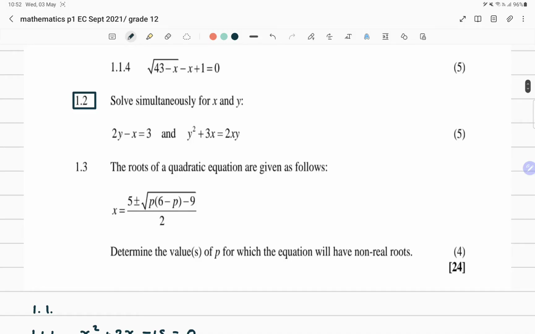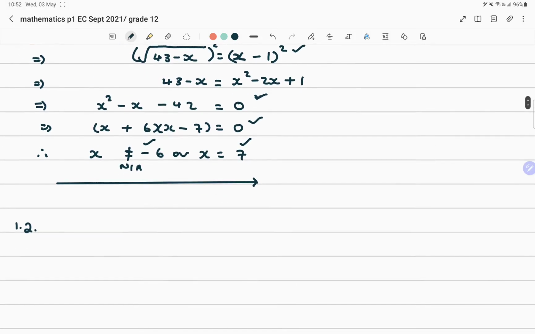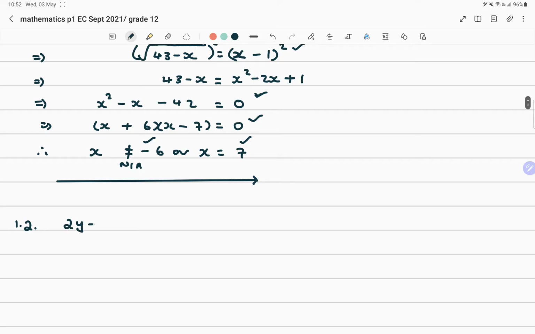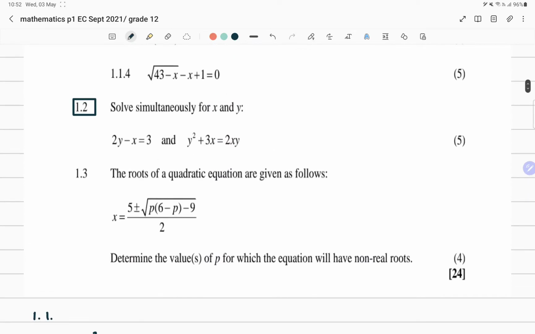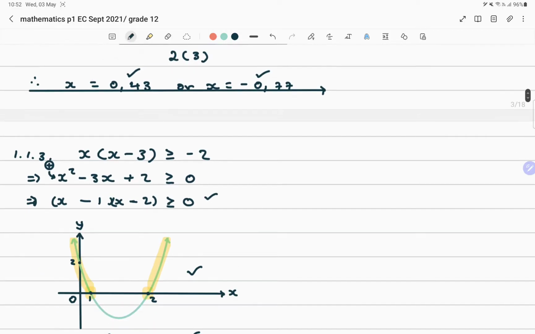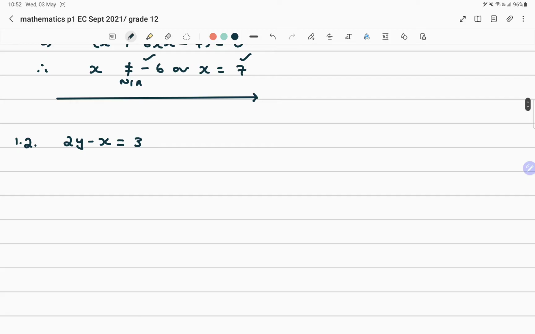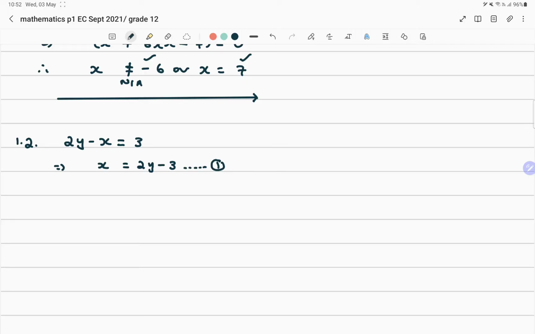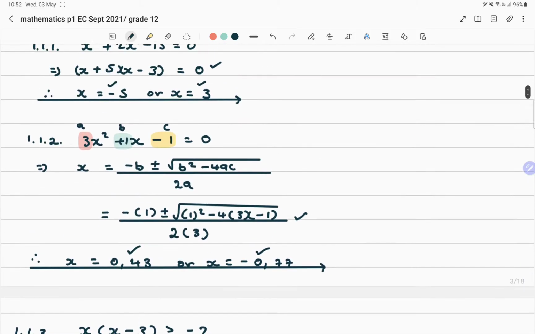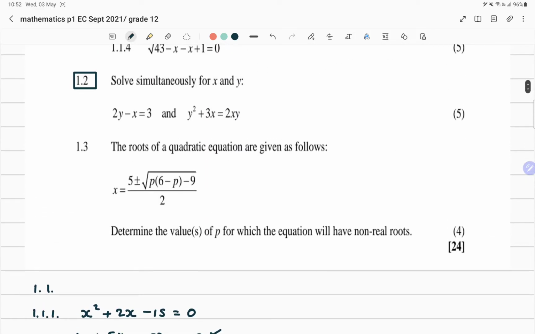We've got 2y minus x equals 3. Was it minus 3 or is it just 3? Yeah. And then if we sort it out, we can see that if we make x the subject of the formula, it means x is going to be 2y minus 3. And then we can make this one equation 1. Okay? And then we are also given another equation, which is y squared plus 3x